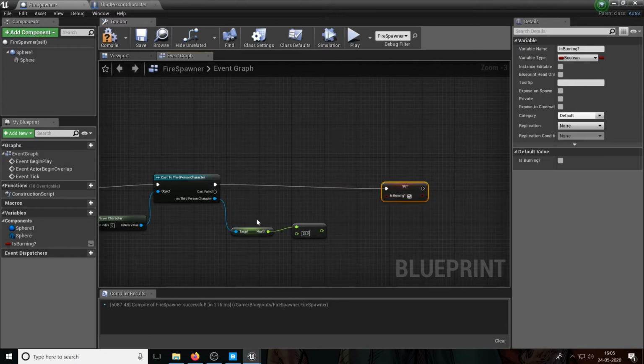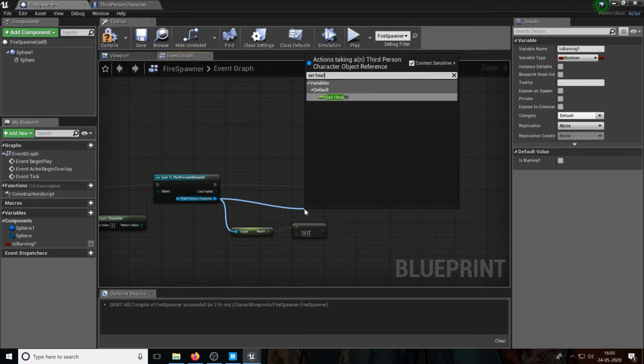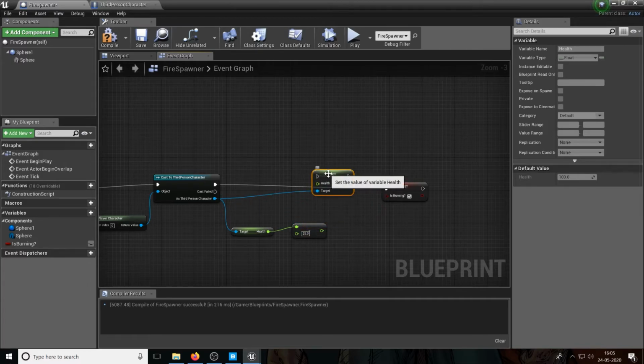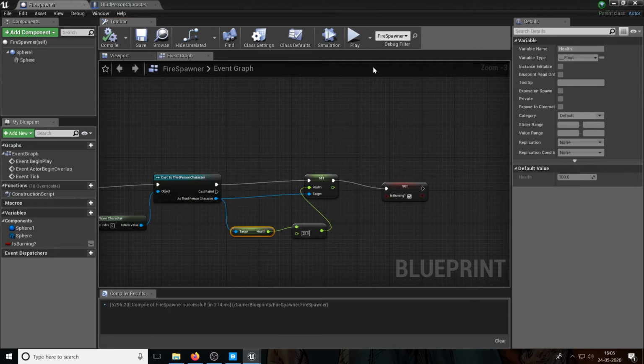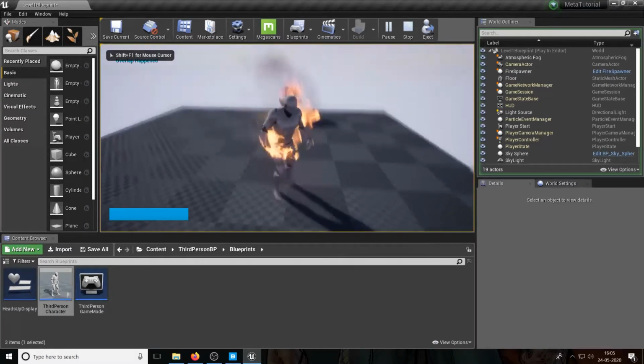and then what we'll do is, as the third person character, we'll set health, right? So set health becomes an, remember, get doesn't require an execution pin, but setting something requires an execution pin. So I will set the health, and I want to set this health value as current health minus 25, right? So compile and save. Now you might think this will work and it should change the progress bar, but it